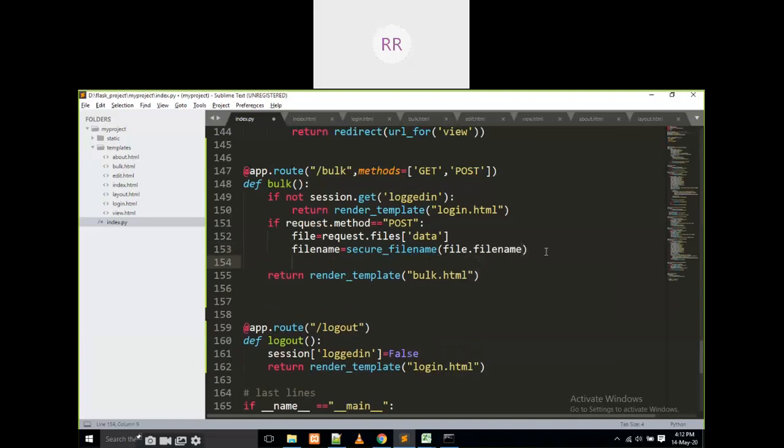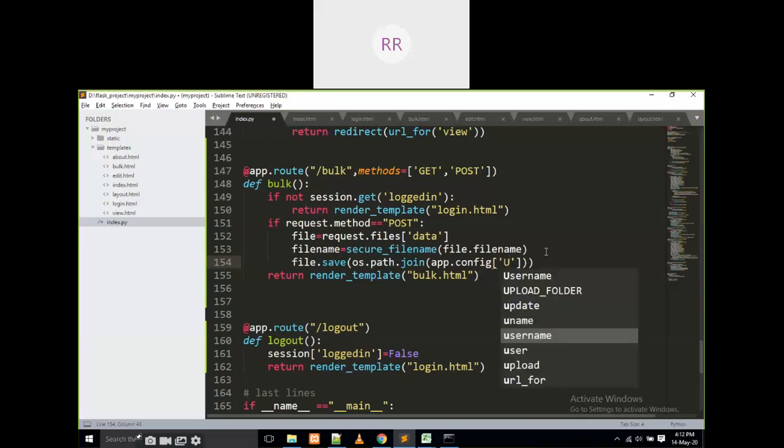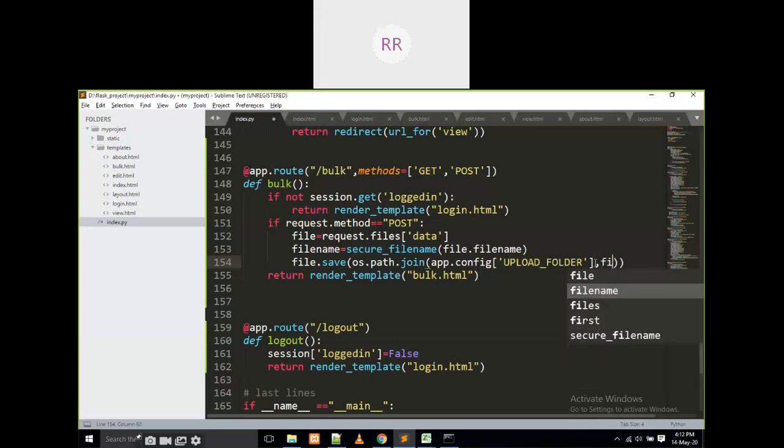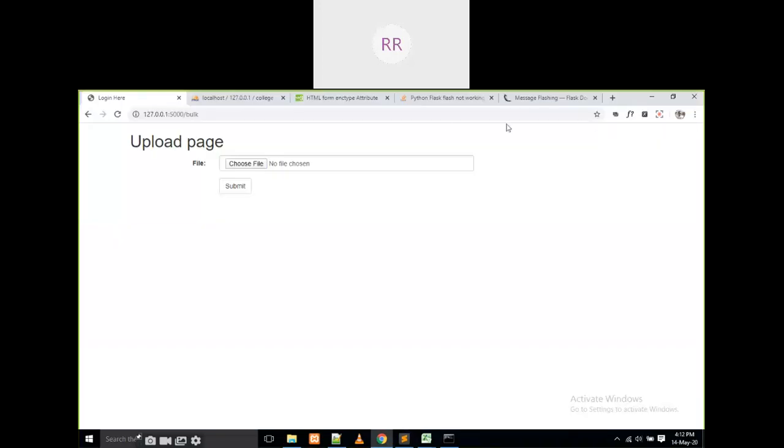Now I am going to save that: file.save of os.path.join of app.config of UPLOAD_FOLDER, comma, filename. For example, how it works, I will show you.